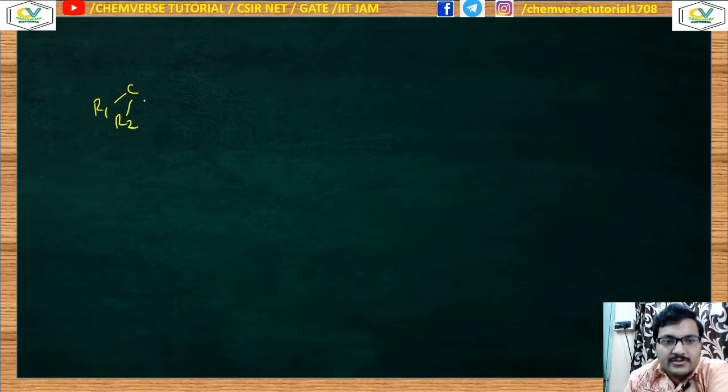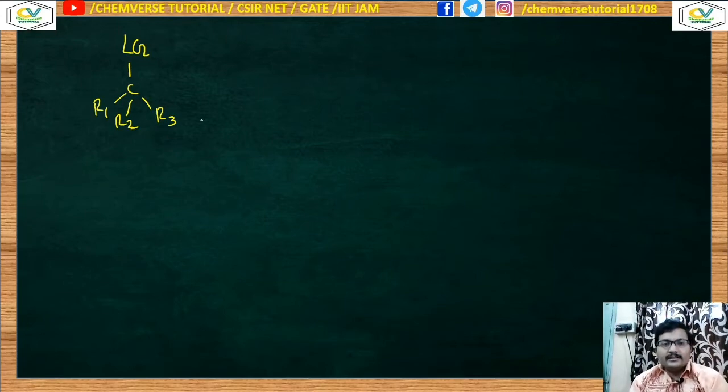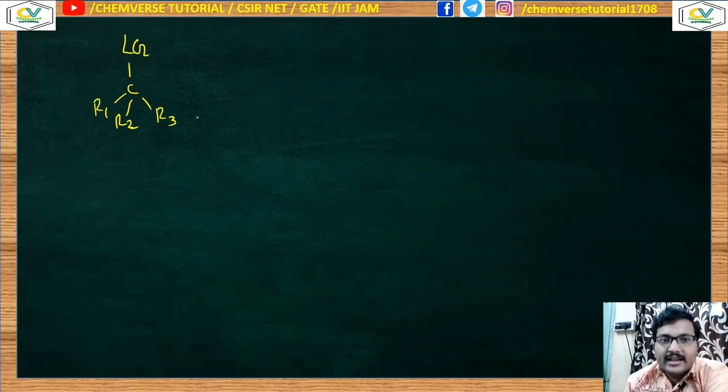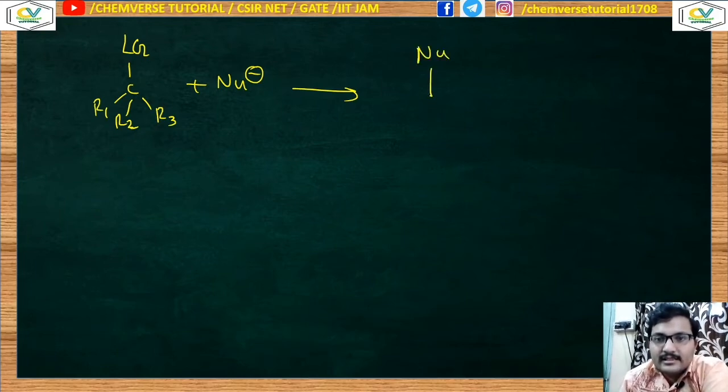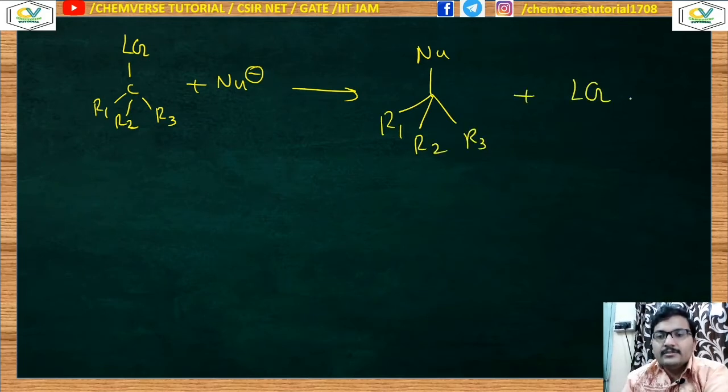Now let's begin our class with a common scheme for the substitution nucleophilic reactions. So over here it's your substrate where a leaving group is attached to the carbon atom containing these three groups. These are not necessarily alkyl groups. These R1, R2, R3 may be hydrogen as well. So when a nucleophile is approaching towards this substrate, it substitutes this leaving group and basically they are exchanging their positions, you can think like that, and the leaving group leaves the system. This is a common scheme.